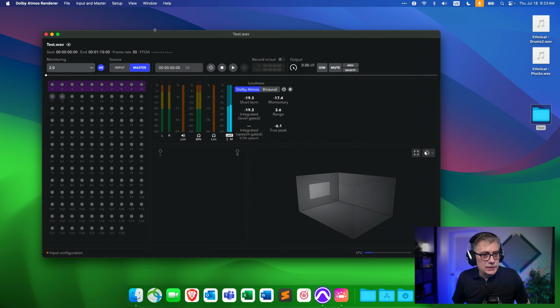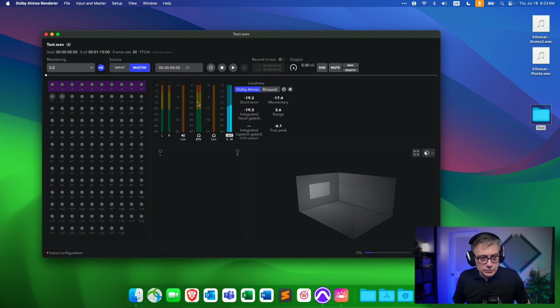Now, Pro Tools has a couple of features that I find particularly interesting that I have not seen in any other digital audio workstation. And one of those is, or are, so-called track presets. And these track presets allow you to use channel configurations more than stereo. So if you have, for example, something in 7.1.4 and you want to bring that into a Dolby Atmos session, you can do that with a track preset. And what it will do is take the 7.1.4 and turn that into individual objects. So you're going to have a total of 12 objects then and send that into the Dolby Atmos renderer. And this is actually relatively straightforward.